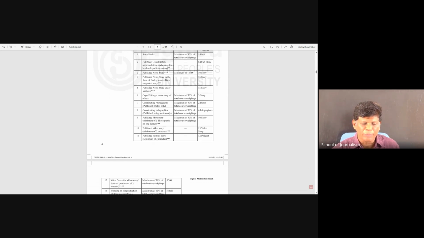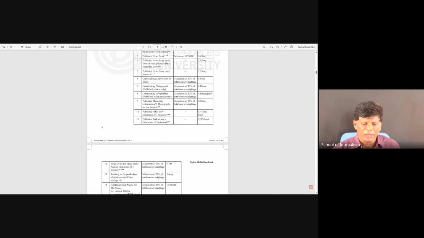Similarly, you can write a background, giving some information about a particular news event. If you write a background, then again, any published story is 20 marks. It's 20 from the earlier batch marks. It will be updated, and I'll give the updated manual shortly. And for the news story vertical, if you do that, again 20 marks.